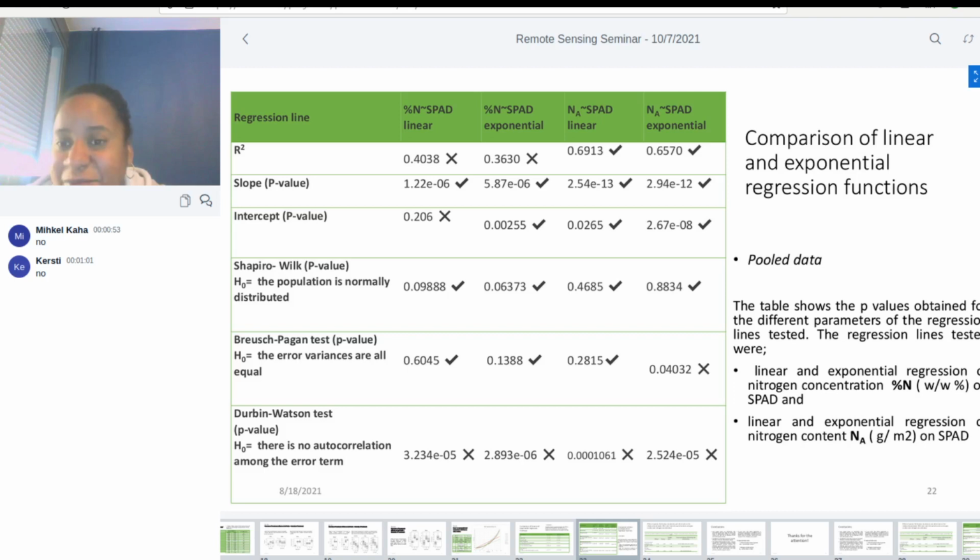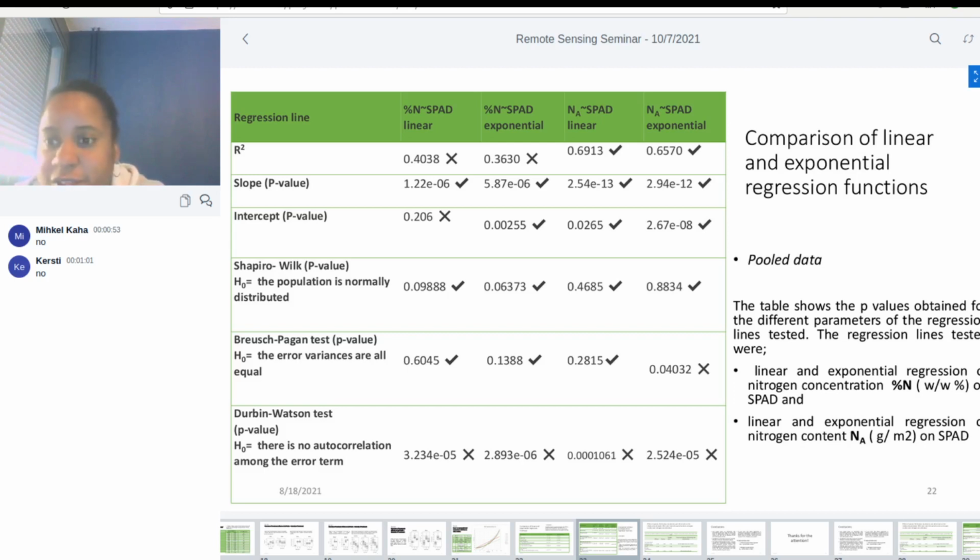And we did the same. We also tried to provide a regression line for the nitrogen content as a function of SPAD, and for nitrogen concentration also as a function of SPAD. And it is interesting that nitrogen concentration actually is not well related to the SPAD value, not in a linear way, nor in an exponential way. And we can see that the determination coefficients are fairly low. And also both relationships with nitrogen concentration fail the autocorrelation